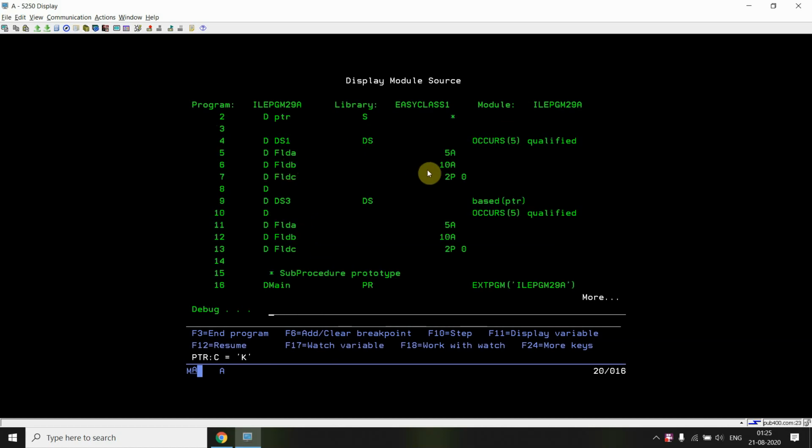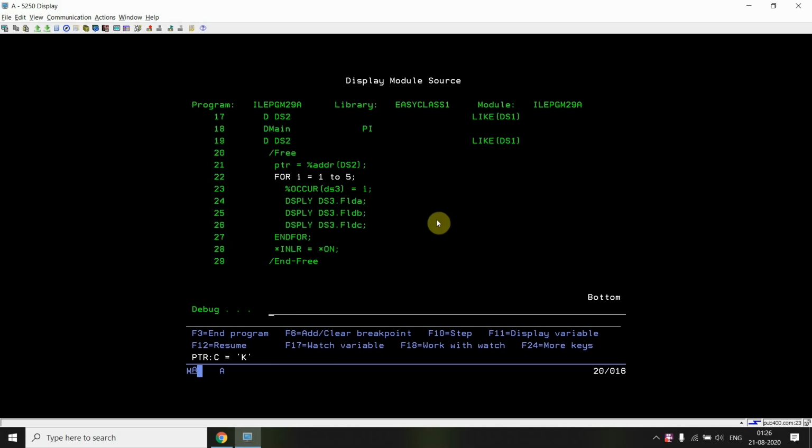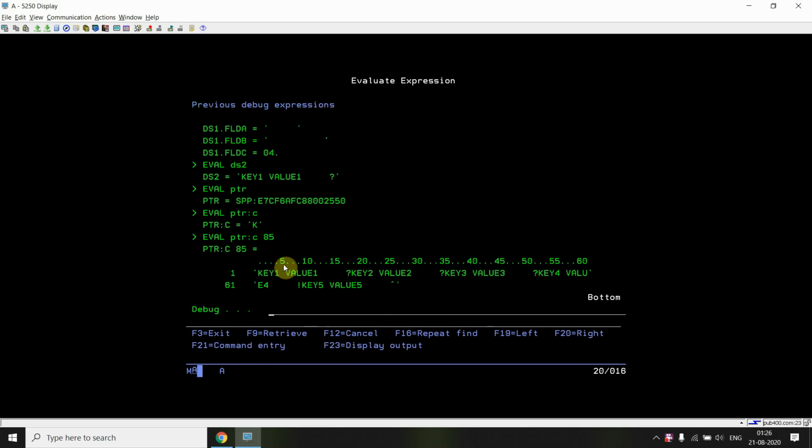You will see that 5 10 2. So basically this is 17, and 5 occurrences are there, so the length would be 85. So I'm setting the length as 85. I'll be seeing all the values, all the data.